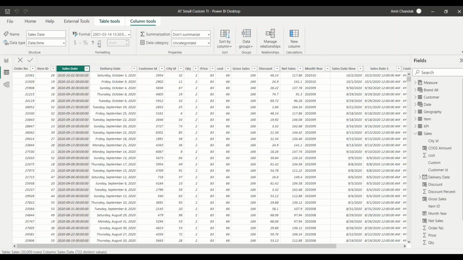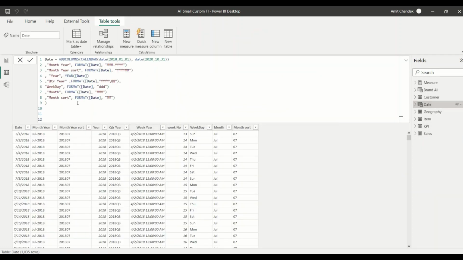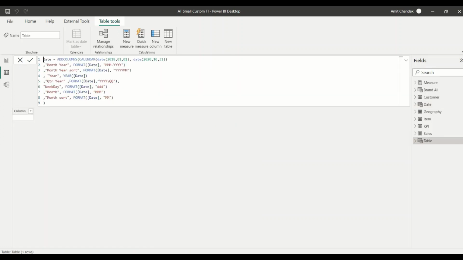So let's begin. To begin that, click on any of the tables and we'll start creating our custom date table, and we will have a very similar code but with a little bit of difference. So let me take this code and remove all of it, and I'll tell you how to do that, because we might not have the format month here and something like that. We might have a different code. Once you click on any of the tables, you will have an option under the table tools for New Table, and click on New Table to get a new table. Now I paste this code and I call it custom